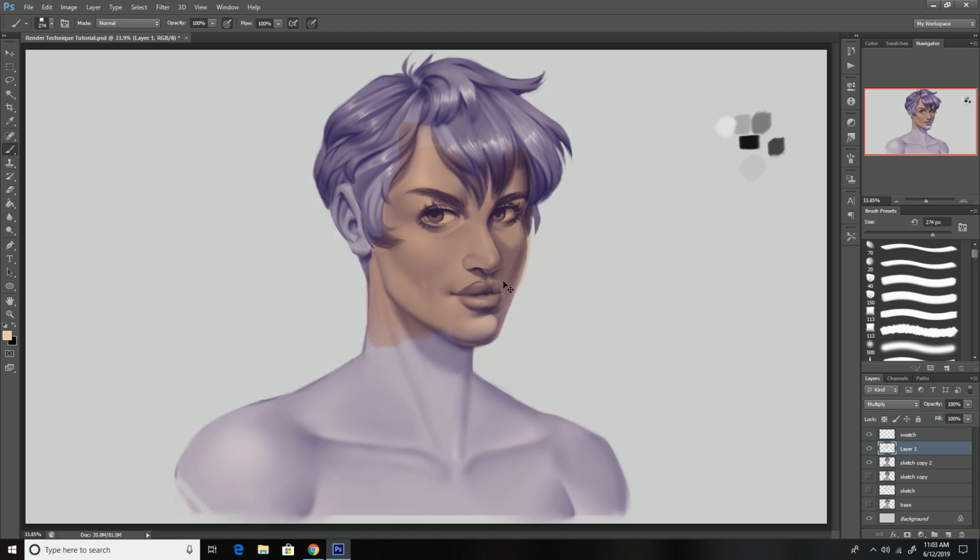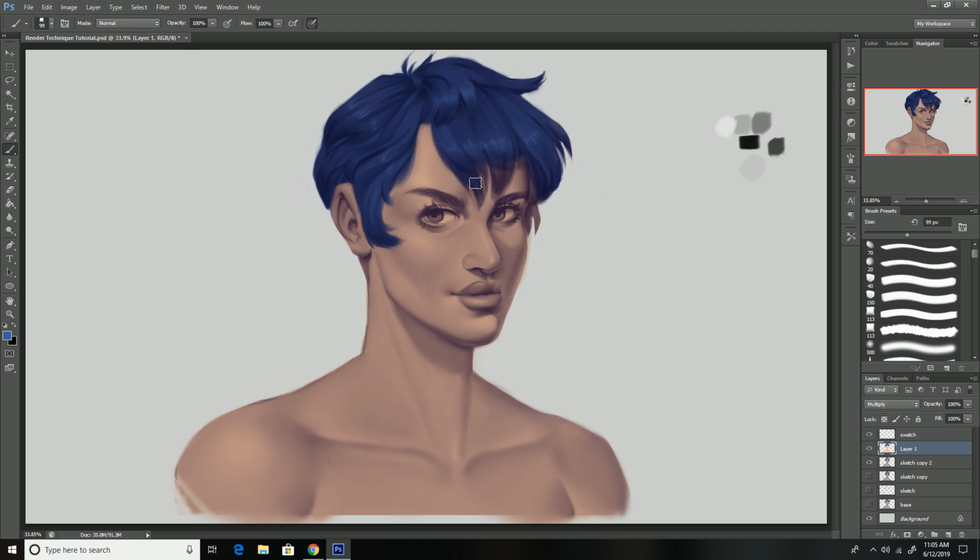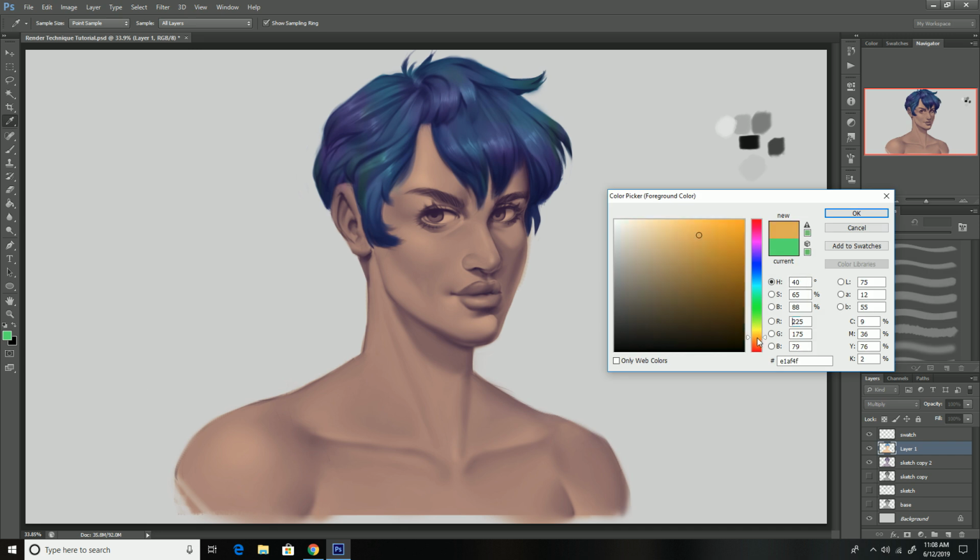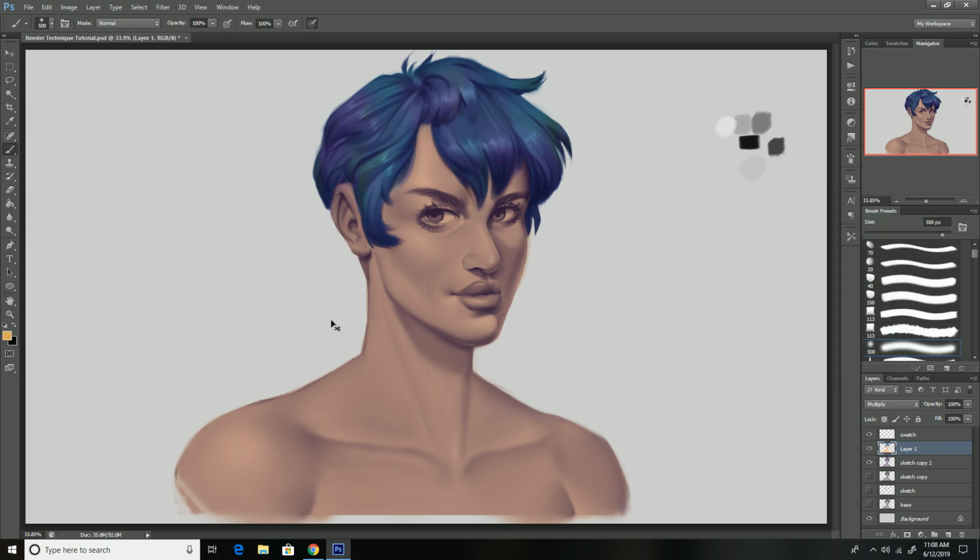I find purple to be the best, like a purplish reddish color. So here you see, after you go into the gradient map, you make another layer and you multiply that layer. And after you multiply that layer, you can go in with some color. Some people like to go with the color layer, the color adjustment option. I don't really like doing that because it kind of makes colors look a little tacky and very bright, and it doesn't work too well. So yeah, you guys can look in the lower right hand corner to see how my layers are